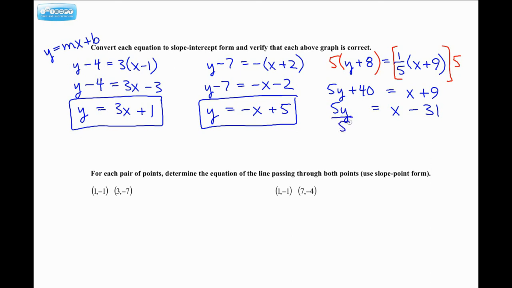We need to isolate y. So we need to divide everything by 5. So we actually are going to have fractions in our answers. Our answer, there we go. So x over 5, well, that's not reducible. There's an invisible 1 here, so you can write it as 1/5 with the x in the middle if you like. And then I have negative 31 over 5. That is not reducible, so you can actually just leave it as negative 31 over 5. Okay, so that is our equation